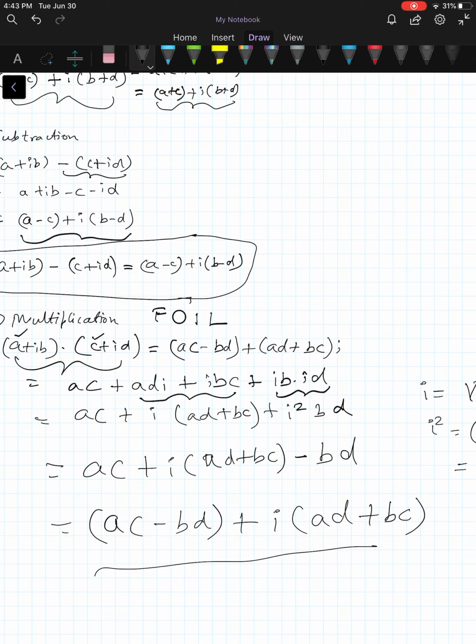Sometimes you have to multiply using the FOIL method, and it doesn't matter here. Knowing the formula is not a necessity. Just knowing how to arrive at the formula, or how to do the operations, is good enough. Now we will do some problems like add, subtract, multiply and divide. I haven't defined how we do division, so we will add, subtract and multiply complex numbers. I will move to the exercise problems.